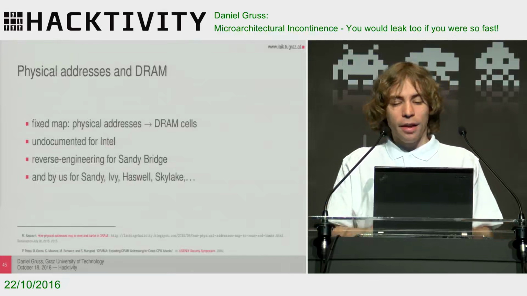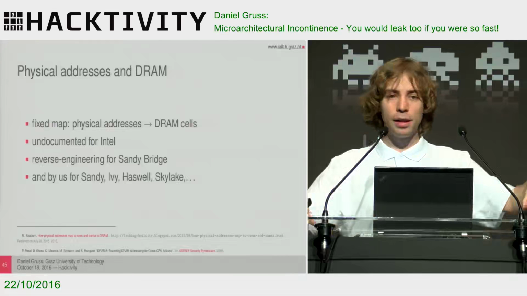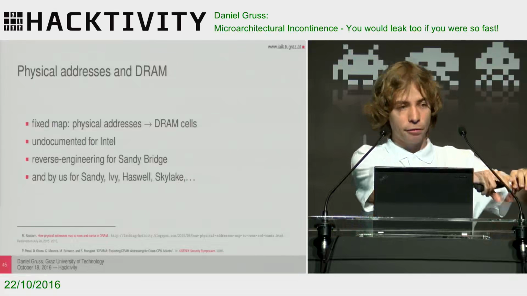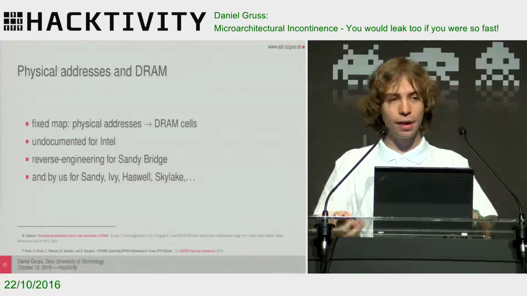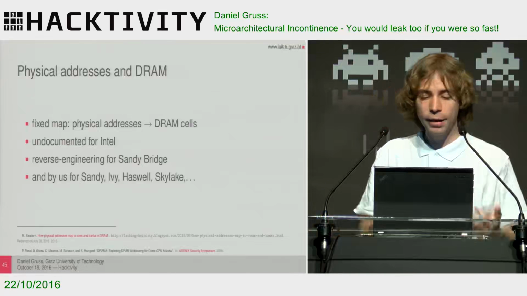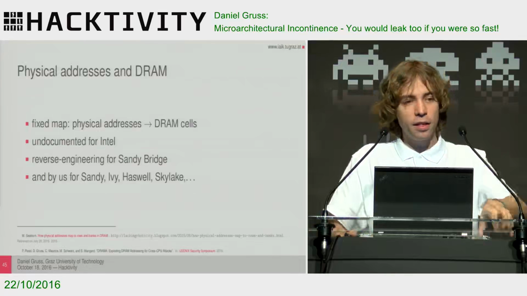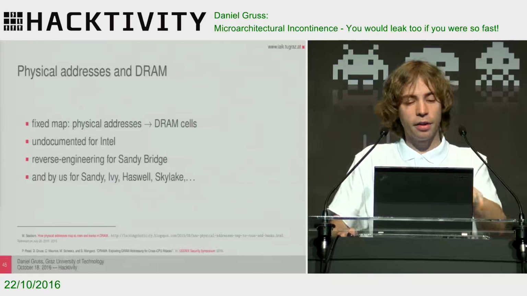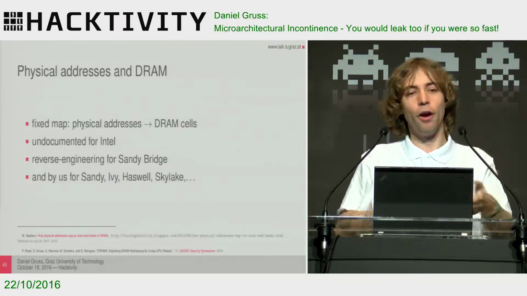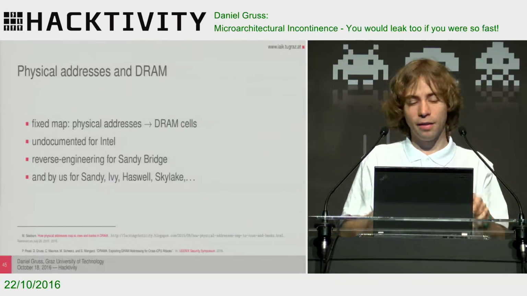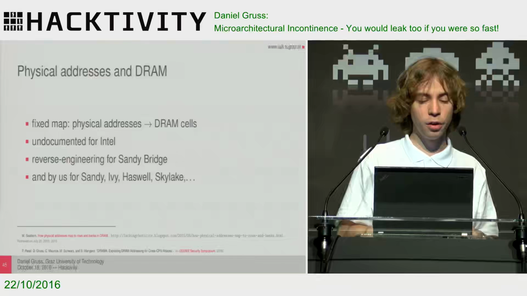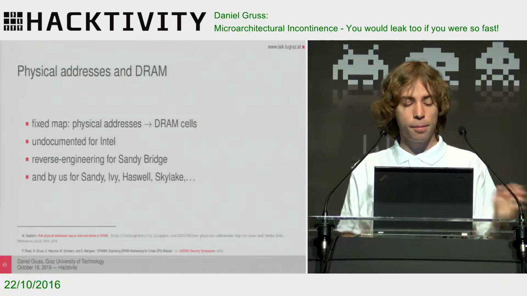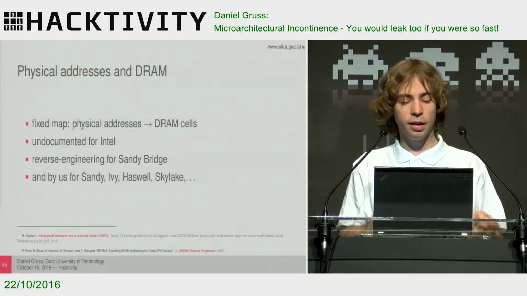Physical addresses and DRAM, so we have multiple connections to physical addresses now. We have a mapping from physical addresses to DRAM, we have a mapping from physical addresses to the cache, and we need to connect physical addresses with JavaScript. Between physical addresses and DRAM, there is a fixed map, similar to the map from physical addresses to caches, that maps physical addresses to DRAM cells. It is undocumented by Intel, of course, because they found something that they think is very performant, and they don't want everyone to know what this function is. It has been reverse engineered for Sandy Bridge by Mark Seaborn, and we reverse engineered it in a recent paper